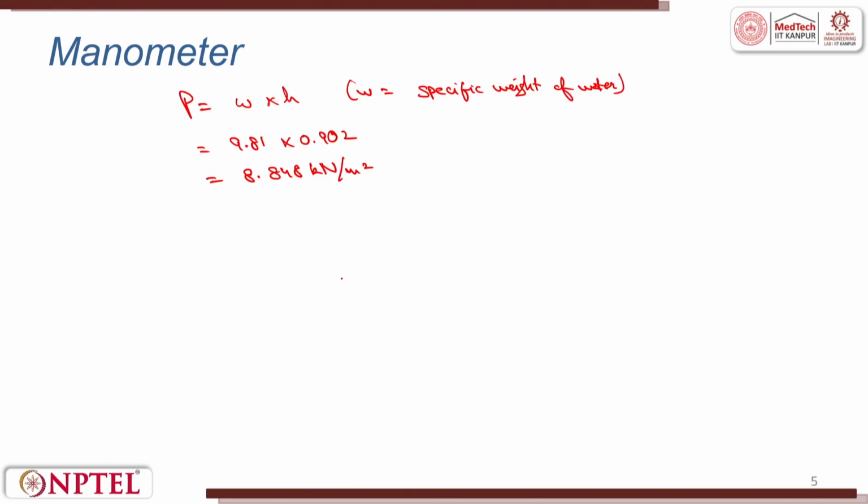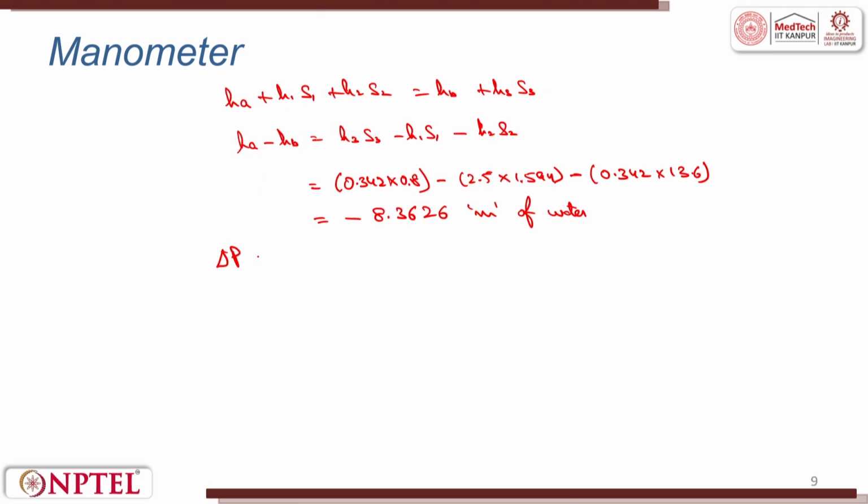Here you could see we had put the value P is equal to W into H, right. Here what is pressure difference? That is delta P, change in pressure. This is equal to PA minus PB. What is this? This is equal to rho G delta H. So this is equal to rho, that is density of water, is 1000, G is 9.81, and delta H is the change or the difference in the pressure. So this is also delta H,